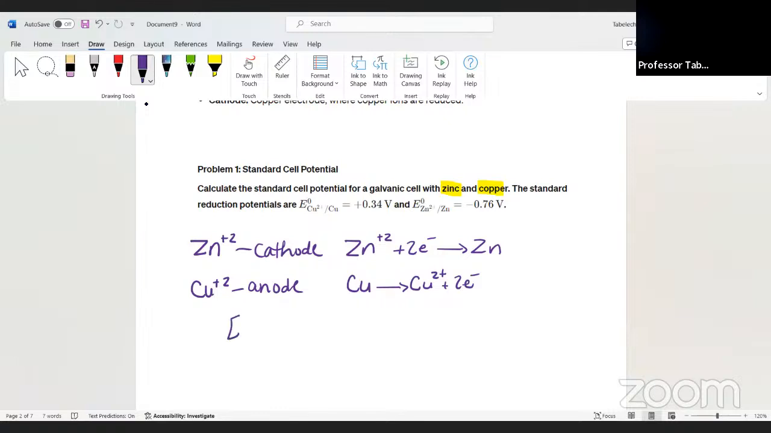Now, when you write out the cell formula to determine the cell potential, the formula is the cathode minus the anode. So the cathode minus the anode. So the E cell is equal to, and the number that was assigned for zinc was negative 0.76 volts minus,